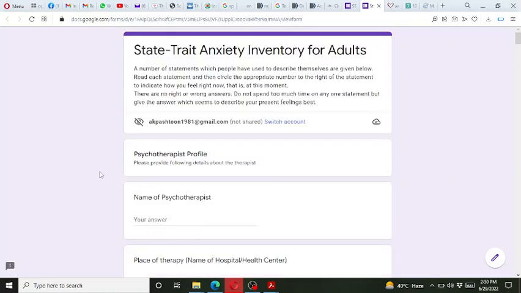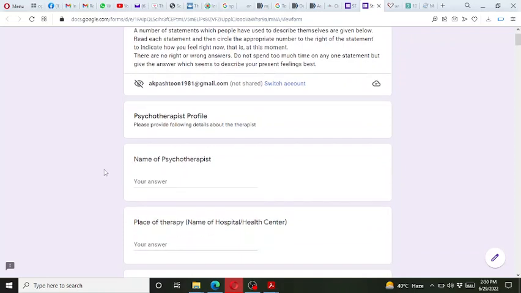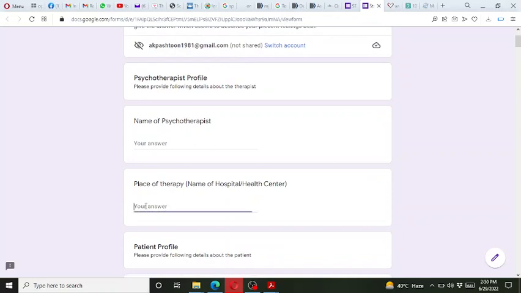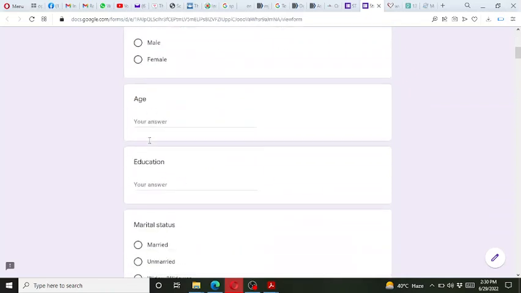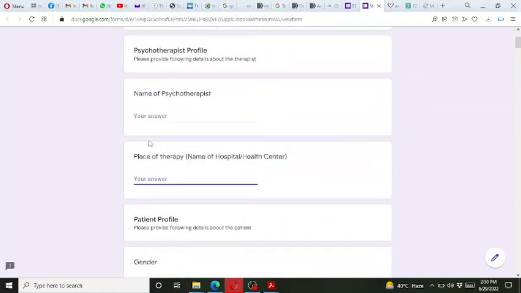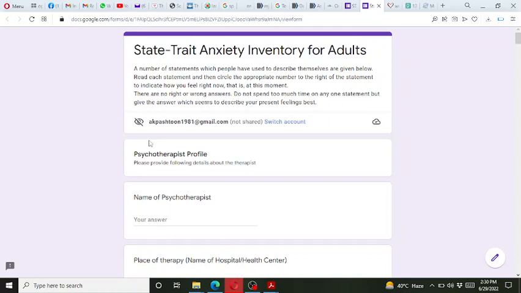I personally suggest that before collecting original data from the patients, I recommend that you have a practice simply by writing here practice file, and here write your name and fill 4 or 5 of these inventories just for the sake of practice, and then go for the